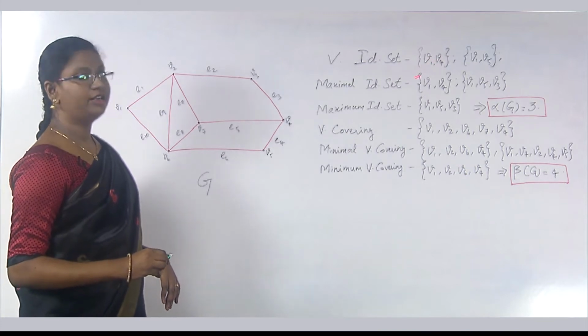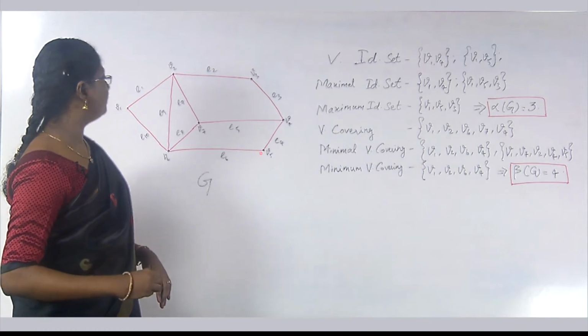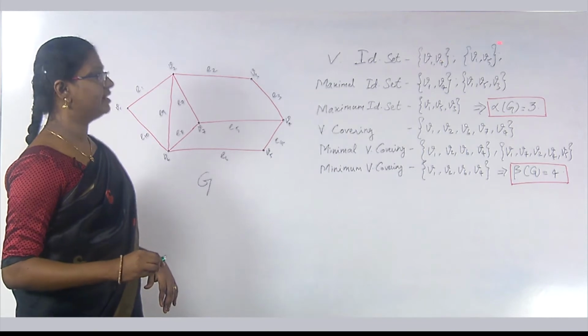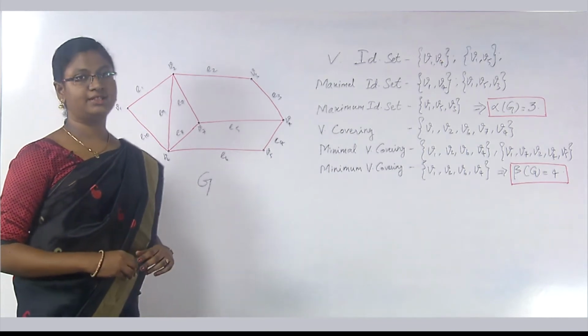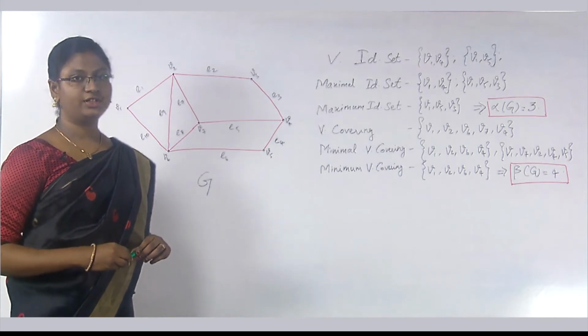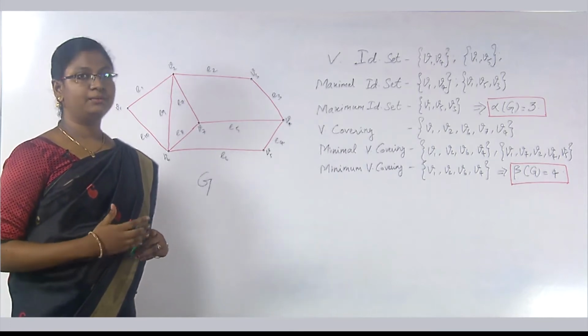So, here the cardinality is 2, and if we consider V1, V5, these two vertices are also non-adjacent, which means this is also an independent set. So, in vertex independent set, even if we consider a single set, that is a singleton set, that is also independent, because there is no other vertex to be adjacent with,